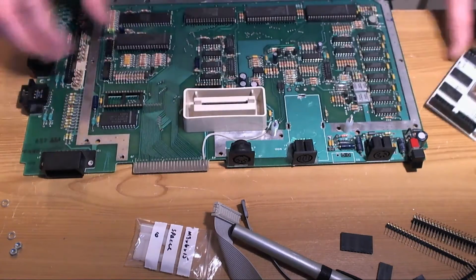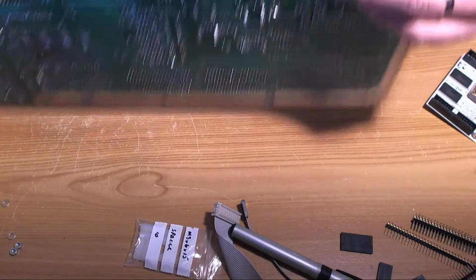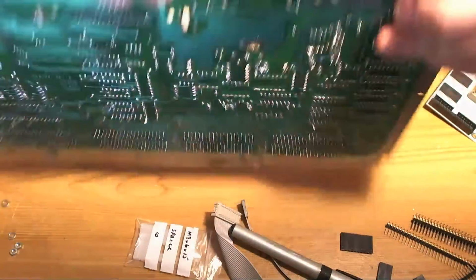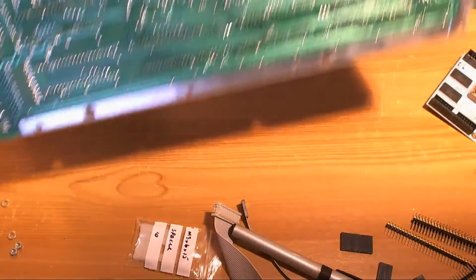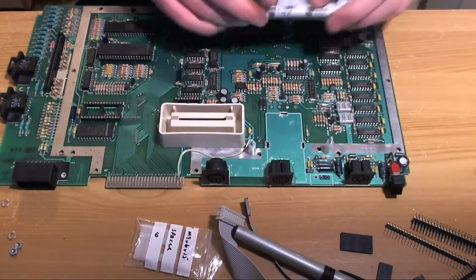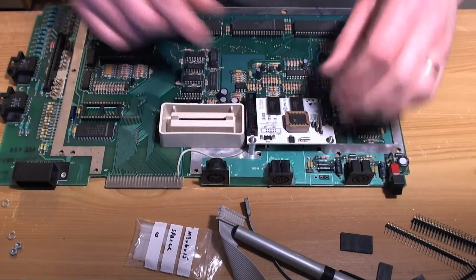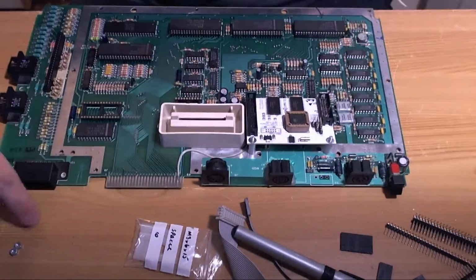Okay, so I should really take a moment to show what I'm doing here. I've put the two screws in the bottom side of the board in the two holes that I've drilled. Can you see that? Okay, so we've made ourselves two pylons here. Over these pylons we are going to slide the Ultimate 1 MB board, and over the screws that are protruding from the top